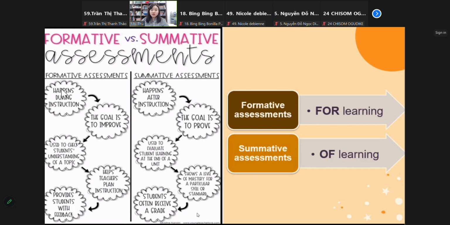For formative assessments, it happens during the instruction. We can use it before learning, during learning, or even after learning. We can use that anytime in our lesson, in our course. So we observe our students, and then we can give them feedback. We give them formative assessment, so that helps them to improve their learning. Why summative assessment? We use that